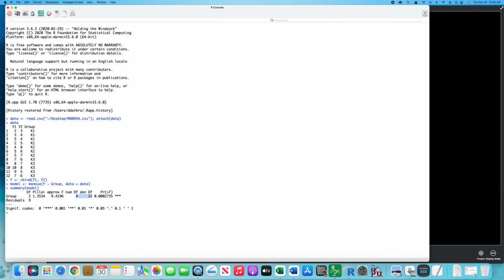The numerator, denominator degrees of freedom are 4, 18. And our p-value is statistically significant at the 0.01 level. Now, it turns out there are 3 other tests that are commonly reported, and let me show those to you. The other one that is often reported is the